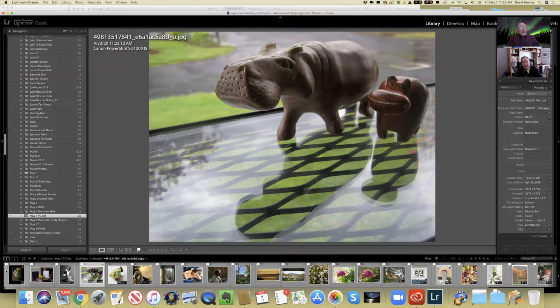So this is a Buzz Yoder picture, and there's several things about it that I really liked. And I'm not sure whether this was window light or done outside on a glass table. I think it might have been a table pushed up against a window. But